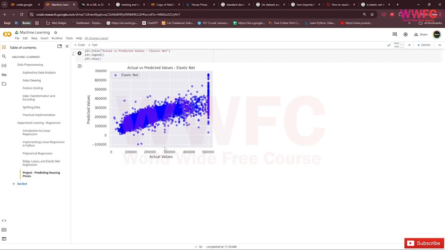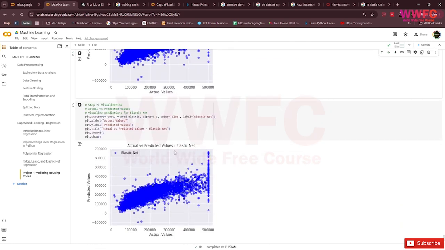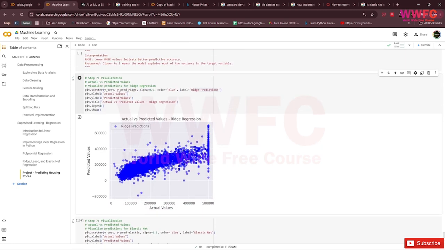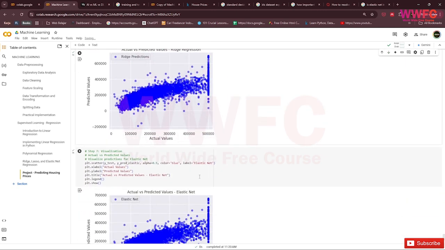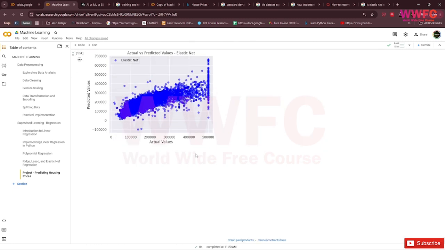So it's better using the ridge regression rather than elastic net in our data. Okay, I highlight in there. Not every data ridge regression is better, but in this data ridge prediction is much better because the RMSE is much lower and R square closer to 1. So it depends on the data.